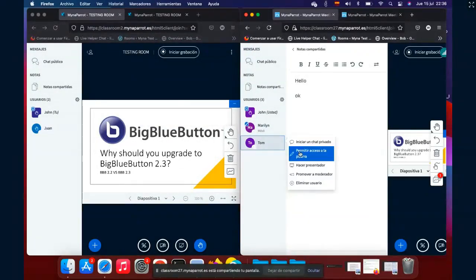Let me unlock this. This is another new feature as well. For now, you can lock the shared notes, then give permission individually. Before, if you wanted to give permission, you had to give it to all the students. But now you can give it to student 1, student 2, or student A or B. That will work.